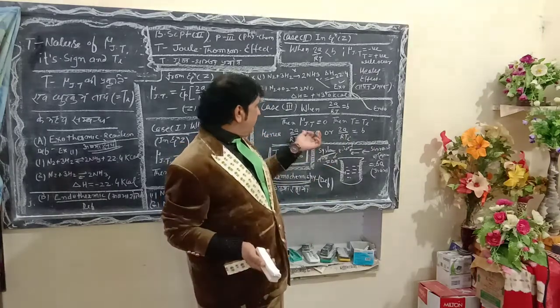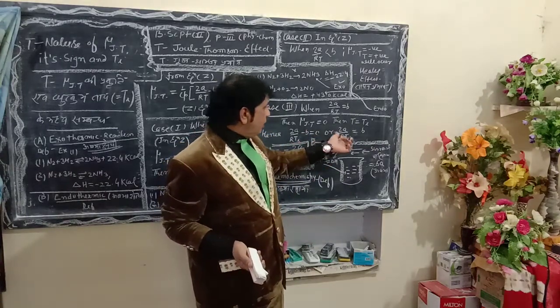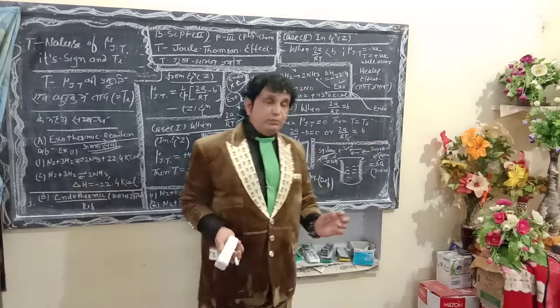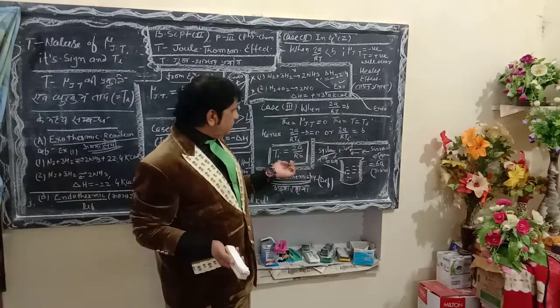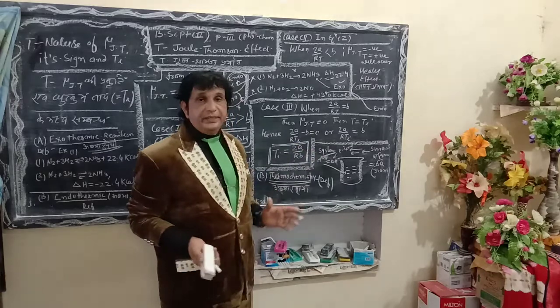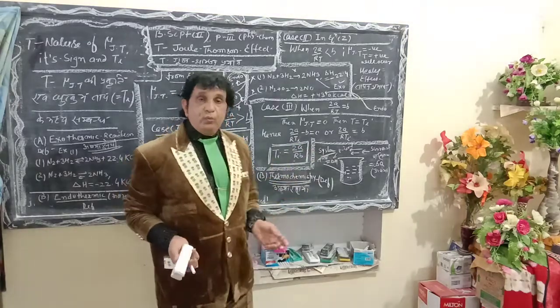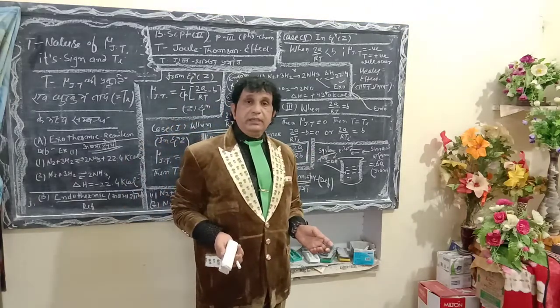On simplifying, 2a/RTi minus b is equal to 0, or 2a/RTi is equal to b. Then Ti is equal to 2a/Rb here. It is a very standard formula of inversion temperature. I mean to say,